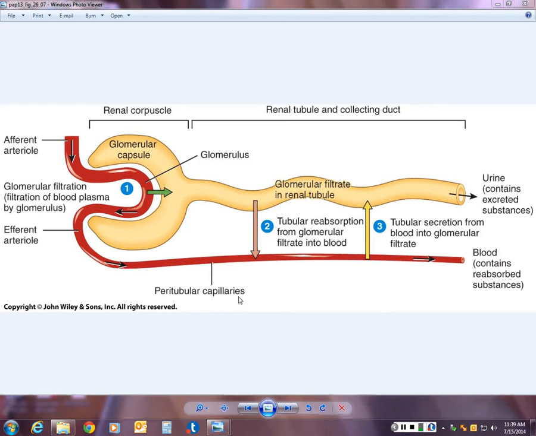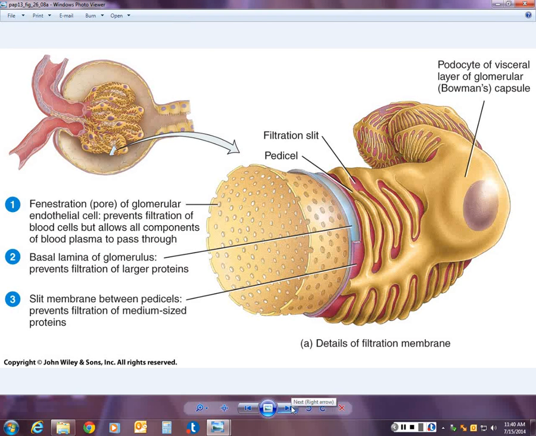In this lecture, we'll pick up and we'll discuss the first of the three processes involved in renal physiology, and that's going to be glomerular filtration. As we start this discussion about glomerular filtration, the first concept we want to address here is actually the